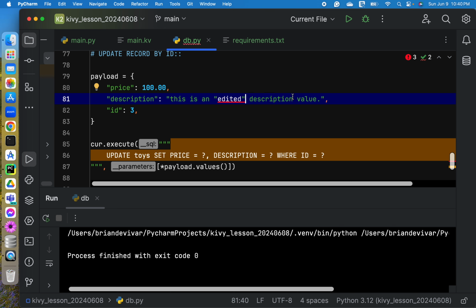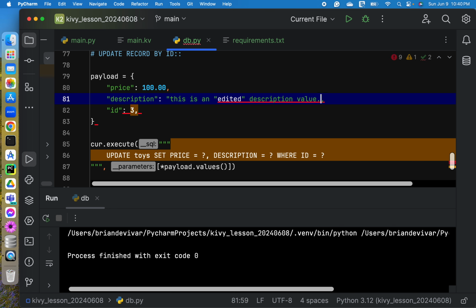So in order to fix this, we need to escape our double quote, or better yet, use a single quote if you're going to use a double quote or a quoted string in the value.